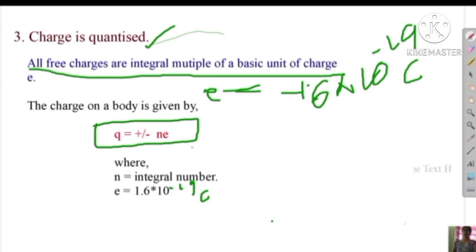Just consider, if you go to a shop, you will ask the shopkeeper to give some chocolates, like give me 2 chocolates or 3 chocolates. Or will you ask the shopkeeper to give half of a chocolate or 1/4 of a chocolate? No, right? You will not ask the shopkeeper in the fractional form. Similarly, the electrons in the system are not considered in the fractional form, so we take an integral multiple of a basic unit of charge, which is Q is equal to plus or minus ne.